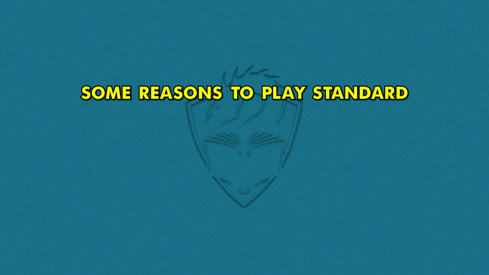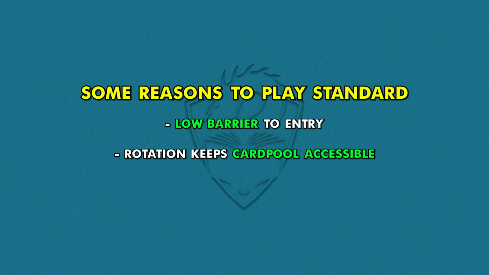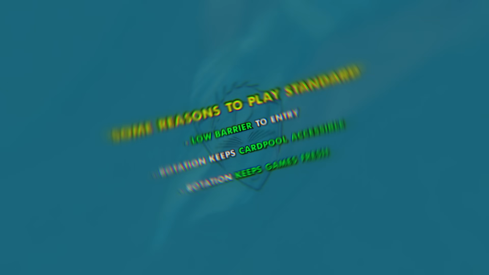And the barrier to entry is typically much lower than in Magic's non-rotating formats. In fact, due to the small pool of legal cards, the barrier to entry is lower than any other Magic format except Pauper, and that includes, by the way, Commander. Standard is also the most common constructed format for most local game stores' Friday night Magic events. If you've got a local game store near you, chances are that they have a Standard event that you can